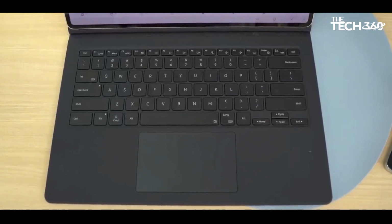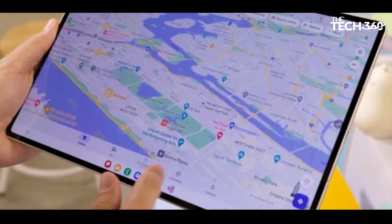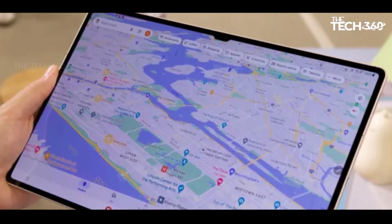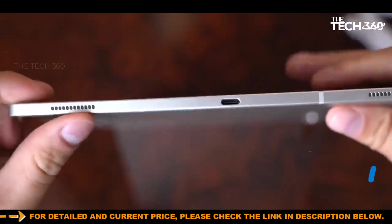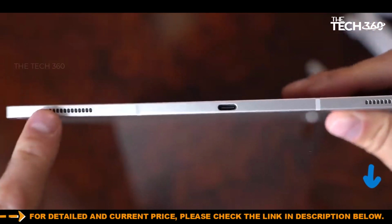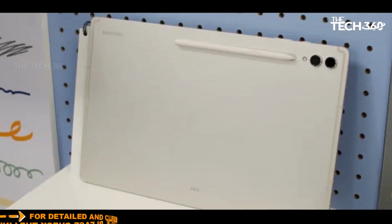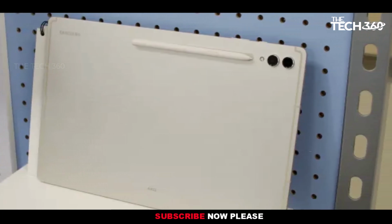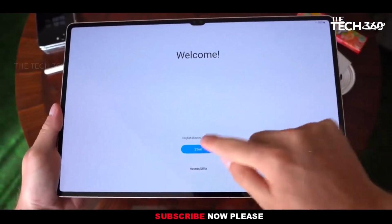The tablet maintains sleek thin bezels, with a minor notch at the top, thankfully in landscape mode, accommodating the two 12MP front-facing cameras. Ideal for immersive movie and TV experiences, the expansive screen facilitates seamless multitasking, setting it apart from its counterparts. Powered by the Qualcomm Snapdragon 8 Gen 2 chipset, the Tab S9 Ultra, akin to its smaller counterparts,